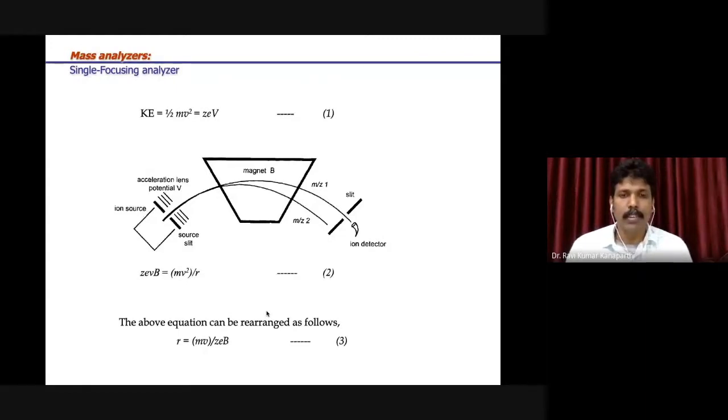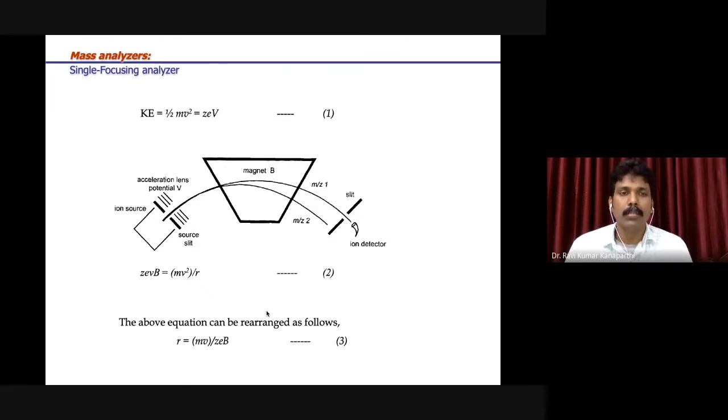Today we will continue learning about the mass spectrometry general principles and theory. I think this is the point where we stopped our previous class, where I discussed a couple of ionization techniques: the electron impact ionization technique, the chemical ionization technique, and also the FAB technique, Marley technique, and ESI technique, and so on.